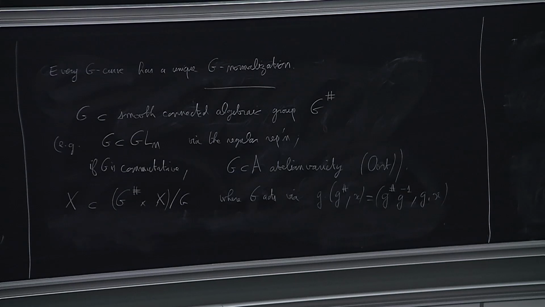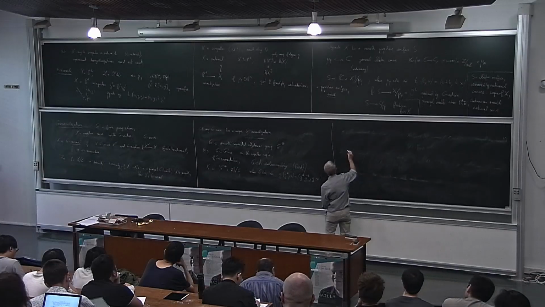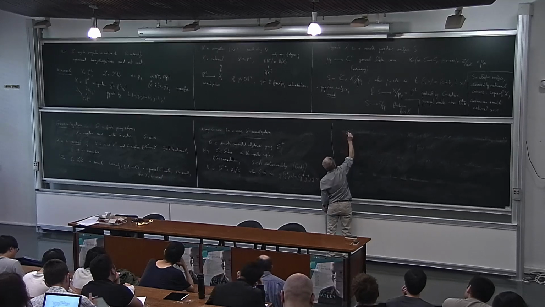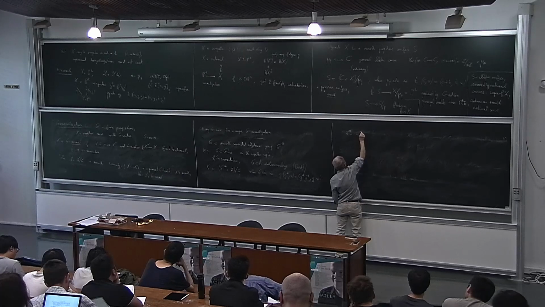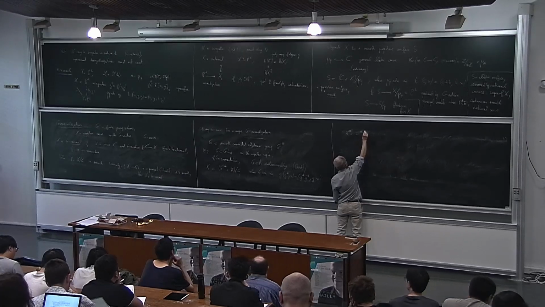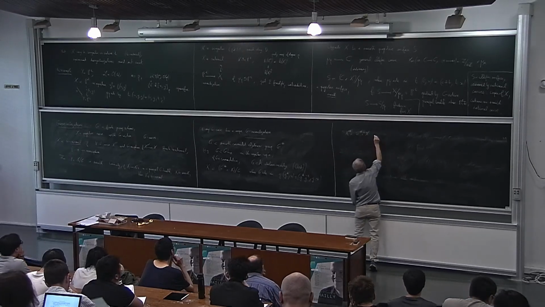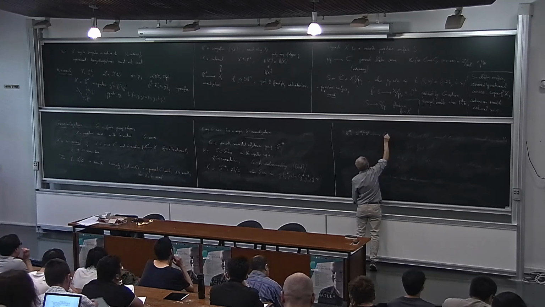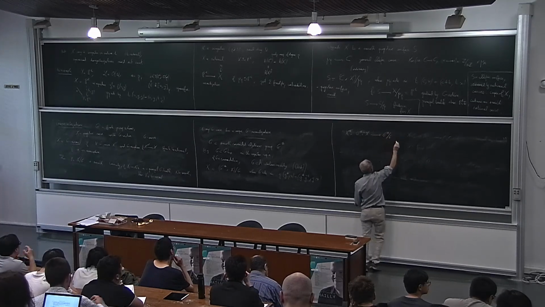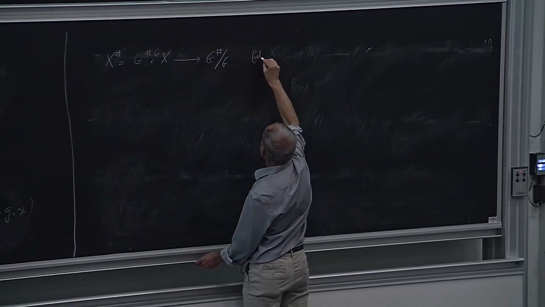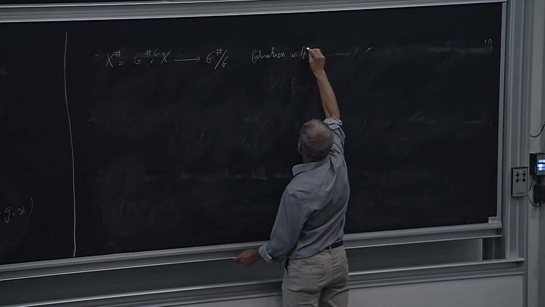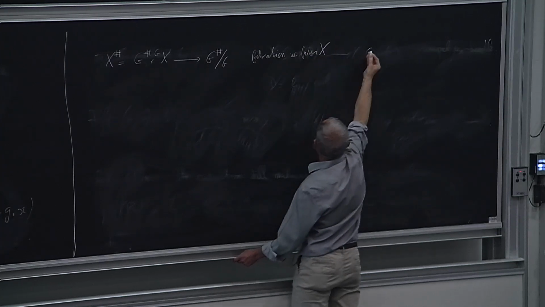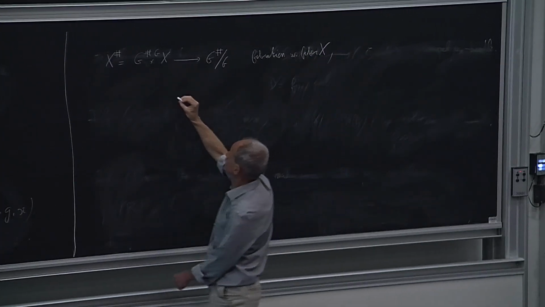Now we still have this, well, let me write this x sharp to be this make of that. And this has, and map it to